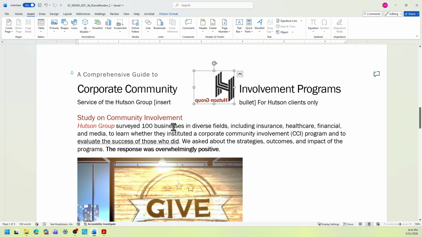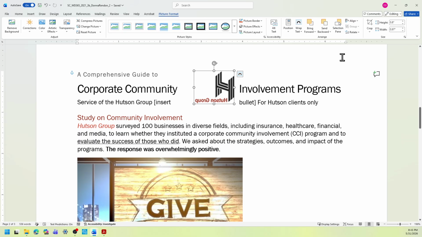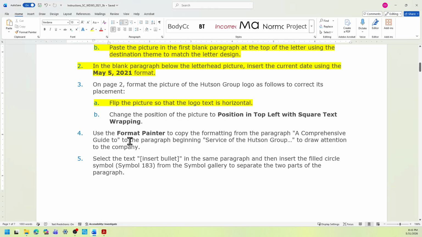So if you move away from that picture, the format menu is not available. So you have to be inside that picture. And then select picture format, and then look for the rotate in the arrange group. Okay, so select the drop down menu, and then we need to flip it horizontal. There you go.